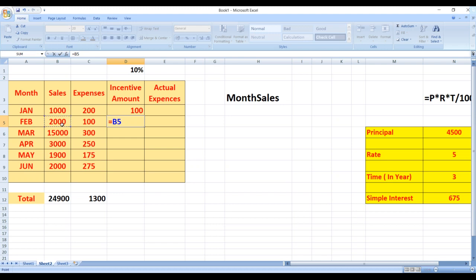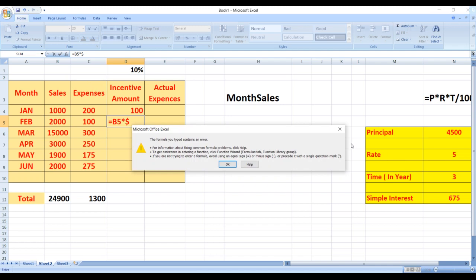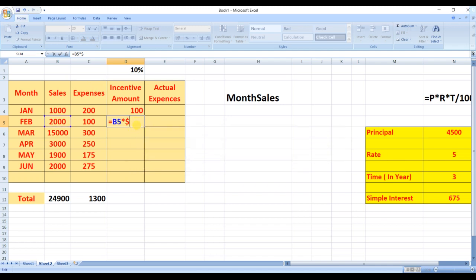then into, then I want the D1 cell. So first I'll mention the D, then again I don't want to change my row also. So first row, so this will become my absolute reference and I'll press the enter key. So it's 200. Okay, understood. So this is nothing but your absolute reference. What we do in absolute reference, we put the dollar sign before the column and row number. Understood? Before the column and row number, we put the dollar sign.